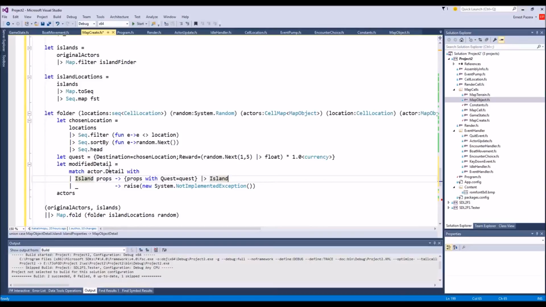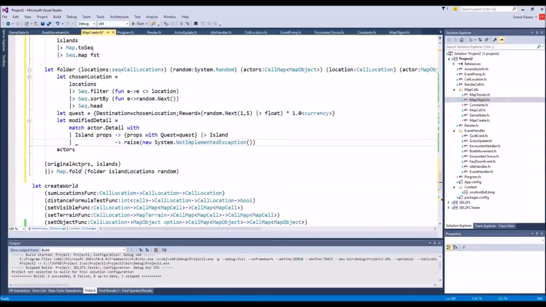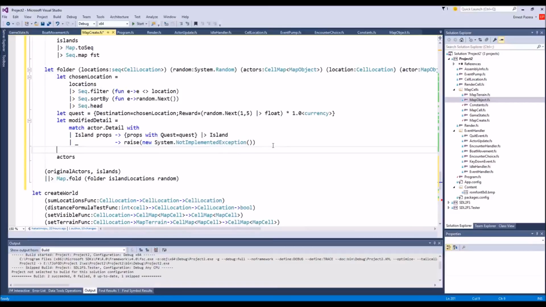So this is just modify detail. I'm going to take the actor detail, and if it's not an island, and it better be an island because we're just dealing with islands, so throw the quest on there, onto the modified detail, and then